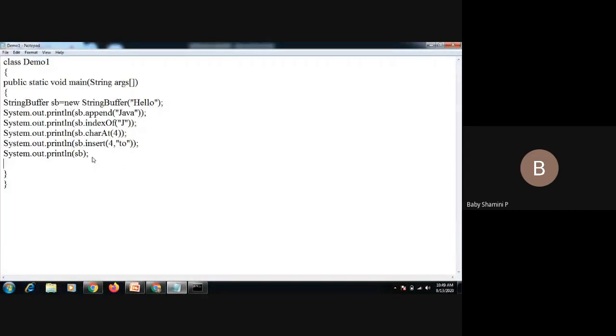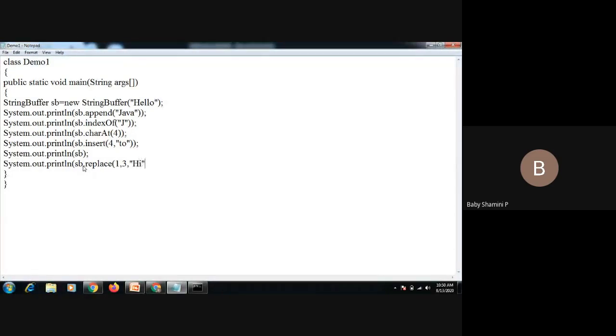System.out.println of sb.replace, we need to give the starting index and where to where we have to replace: starting index 1, 2, 3, comma, hi.